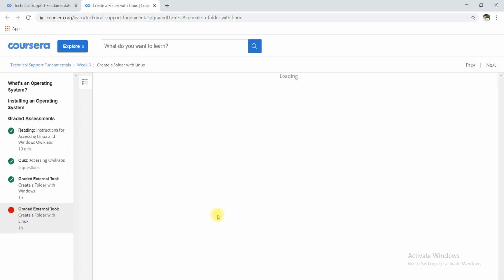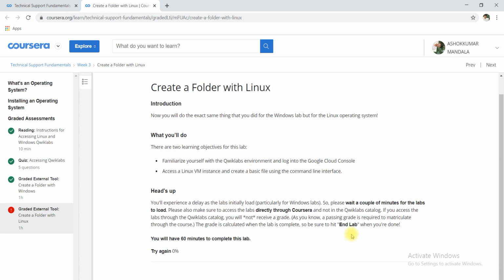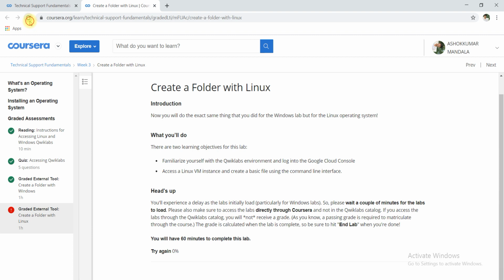So here the tools are opening. I have some network issue, I think, which is why this is taking a long time. Okay, don't worry. Now this is what I have to do. This is a 60-minute lab, so I have to complete it in 60 minutes. Still I have the network issue.